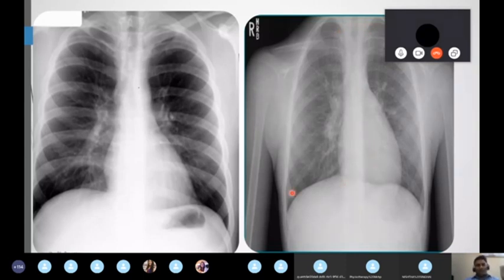One is the heart, the second is the gastric air bubble, and the third is the vertebral body. These three points always keep in your mind. Later you can look at the clavicle and scapula, but don't use the clavicle and scapula to tell AP or PA because it depends upon the technician. Some technicians will tell you to stand straight, and automatically the clavicle becomes horizontal and the scapula will be inside in a PA view. So don't rely completely on the clavicle and scapula.